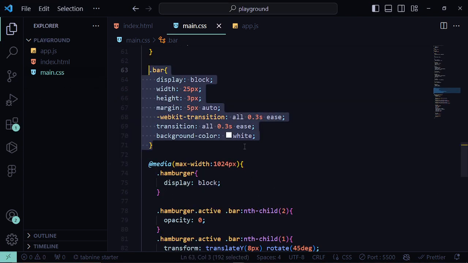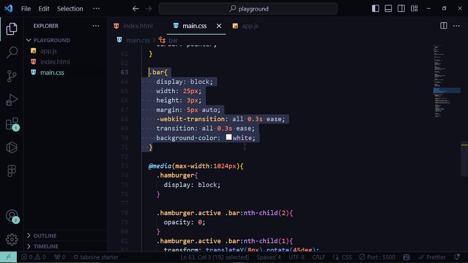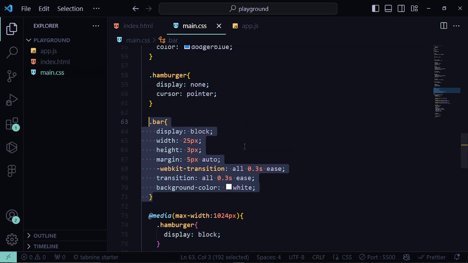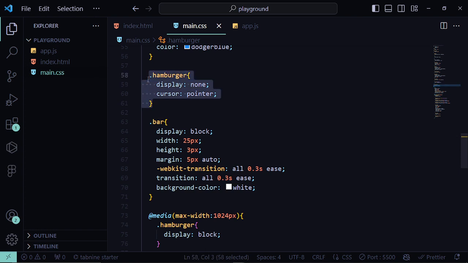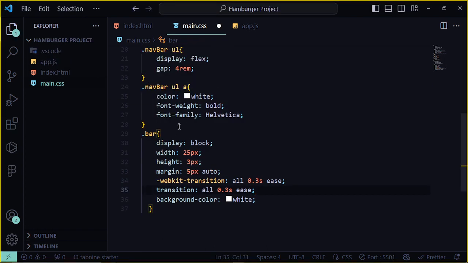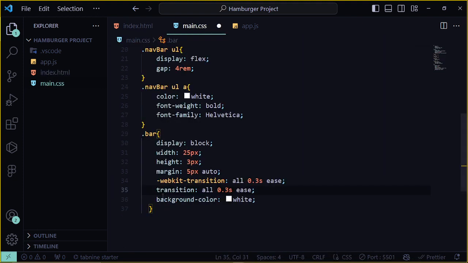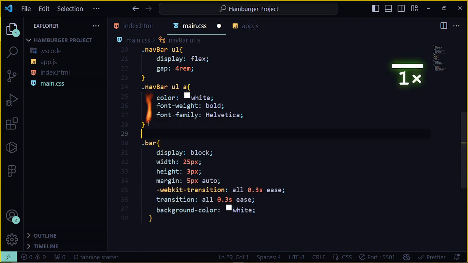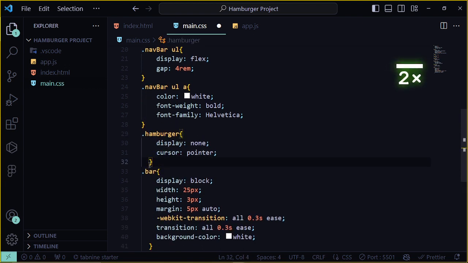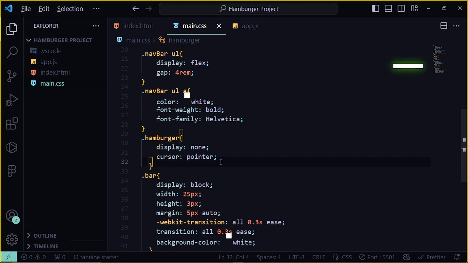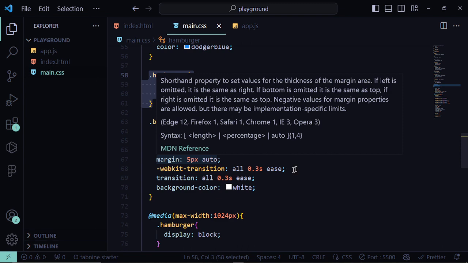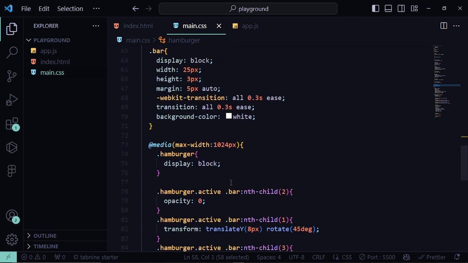So the next thing we want to do here is we want to make this to be display none in the big screen. So in the big screen, our hamburger, which is this guy, which is the container, should be none. So we're going to say .hamburger display none, cursor pointer. Let's save this. The next thing we want to do is to make it be